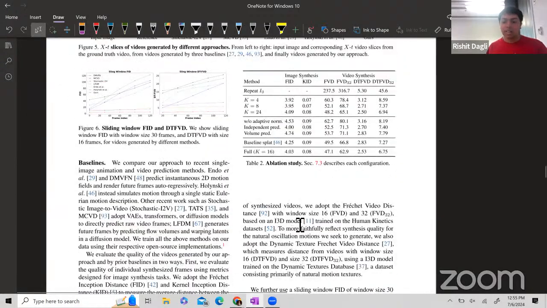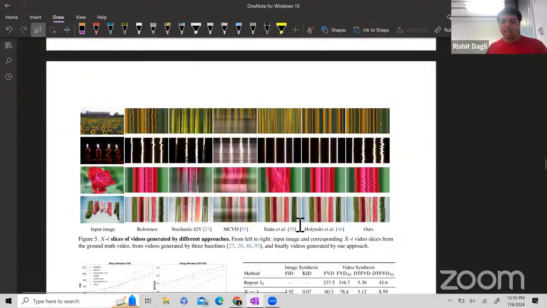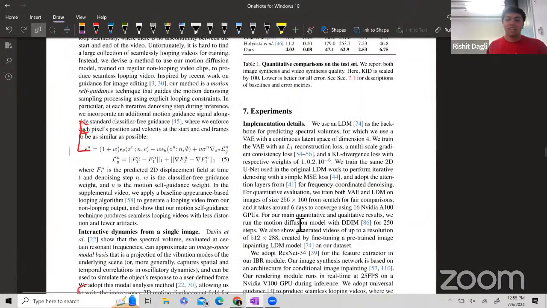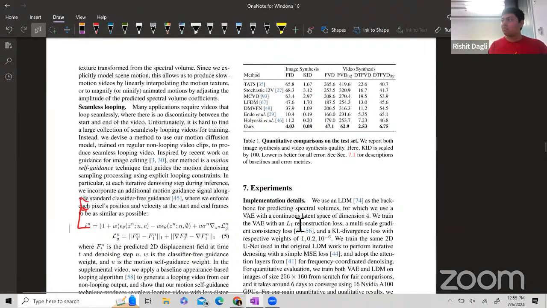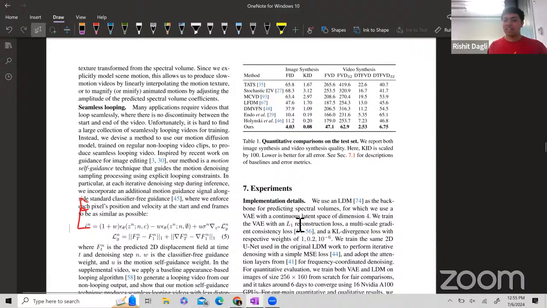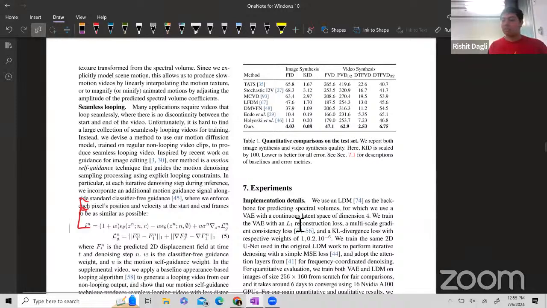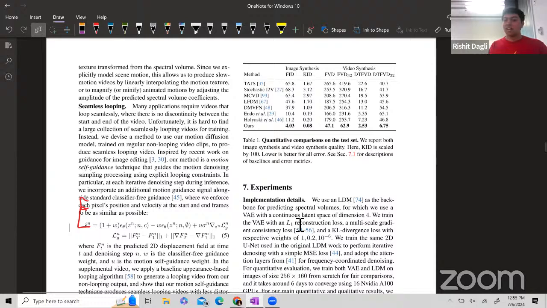They measure FID and DTFVD apparently, which under the hood are just measuring similarity across frames. If you try to oversimplify it, it's somehow trying to just get similarities within frames.